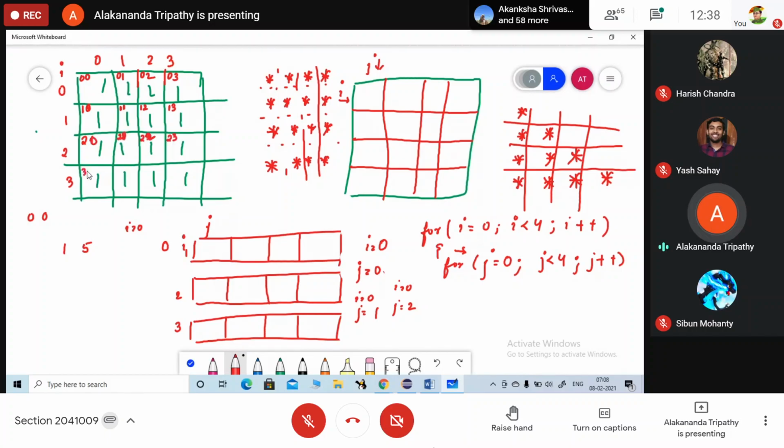Similarly, row 3, column 0, row 3, column 1, row 3, column 2, row 3, column 3. Are you getting my point? Akars, you are correct. Okay, are you getting my point?